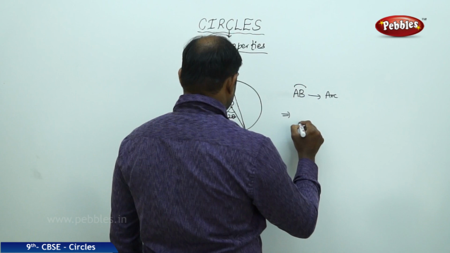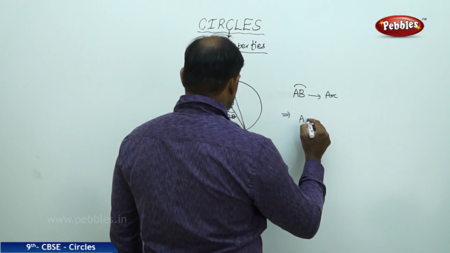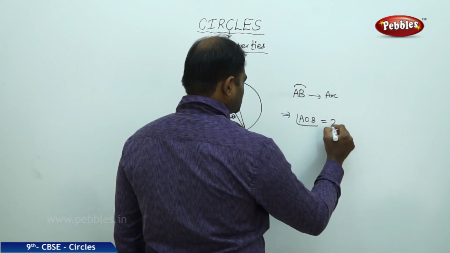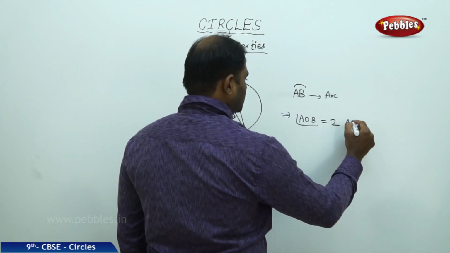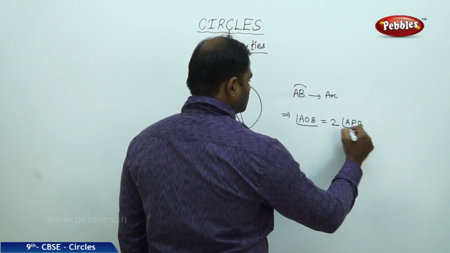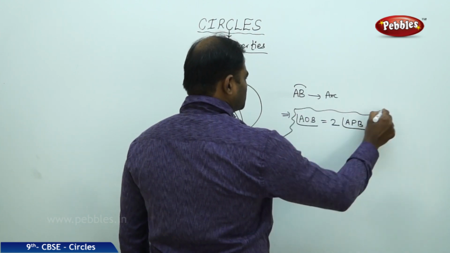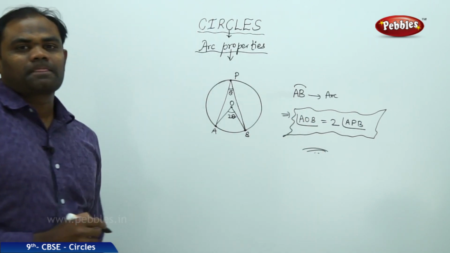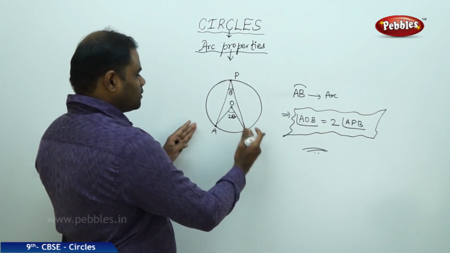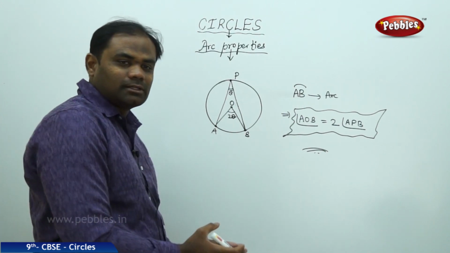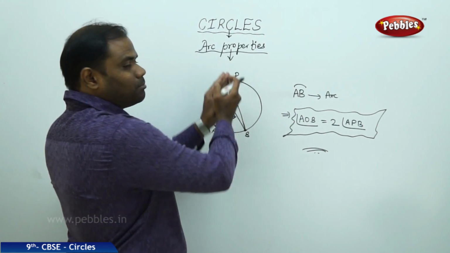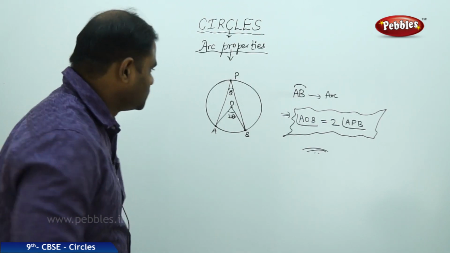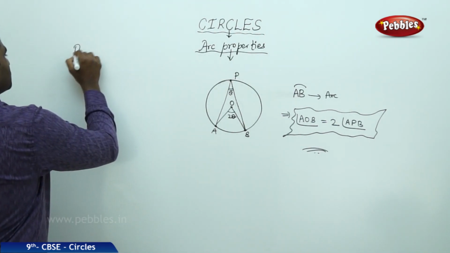So the property says that angle AOB is twice of angle APB. Angle subtended at the center of the circle is double the angle subtended at any point on the circle. P is a point on the circle. So my statement says: